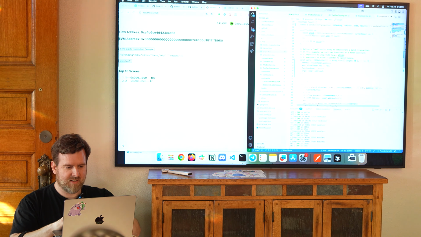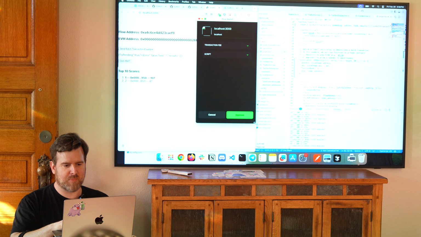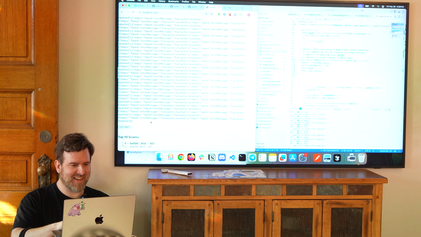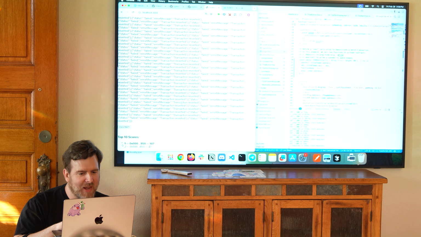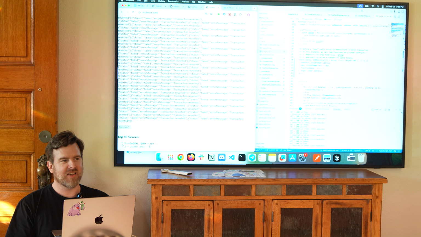Let it ride. 80 transactions. Send batch transaction example. Approve. I don't know when this is going to break. I'm getting excited. 80. There we go. Okay, so 80 transactions, somewhere between 40 transactions and 80 transactions is where our limit is for this, which I think is pretty good